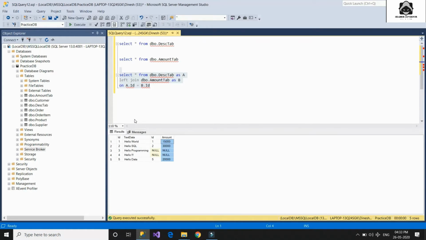For example, here we didn't have ID 3 in the second table, so you get null for ID 3 as well as null for ID 4 from the first table. But all the records from the left table will be present as it is. So this is the speciality of left join. In the similar way, instead of left join, you can just write left outer join. It is going to give you the same result.